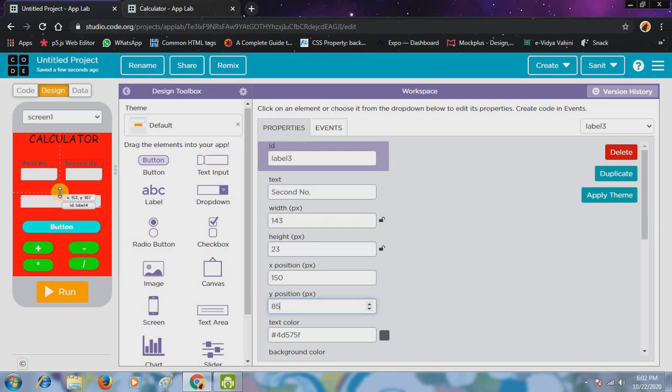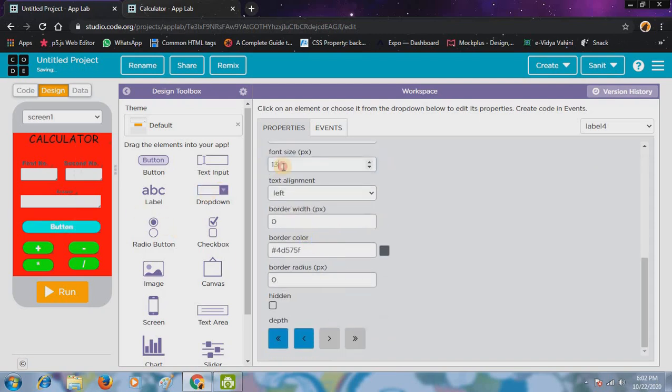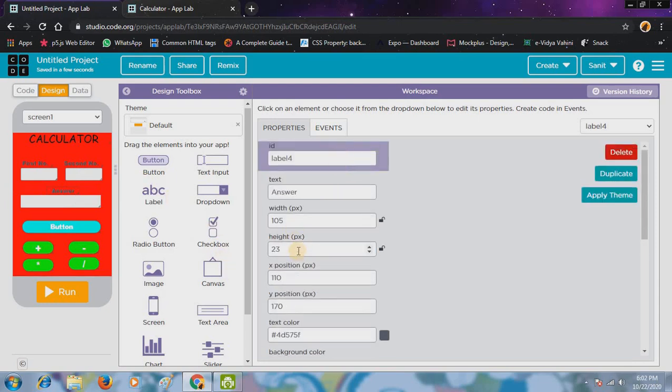And this also is text, instead of text I will write answer. Okay, and it will be text size 18. Okay, and I will just fix its x position. Okay, it's okay. So now we have designed our calculator.